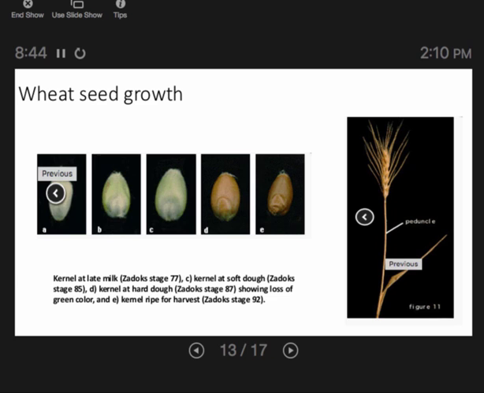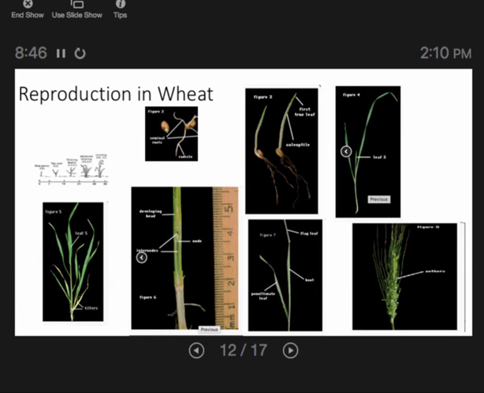So, oops, I'll go back. When a kernel is sown, the germination process begins, and the radicle and the seminal roots extend down, and that's followed by the coleoptile, which is the first start of the plant coming out of the soil. Roots can be initiated from several positions on the seedling, both at the level of the seed and at the crown. The crown is usually separated from the seed by a subcrown. This is probably getting too much information, but